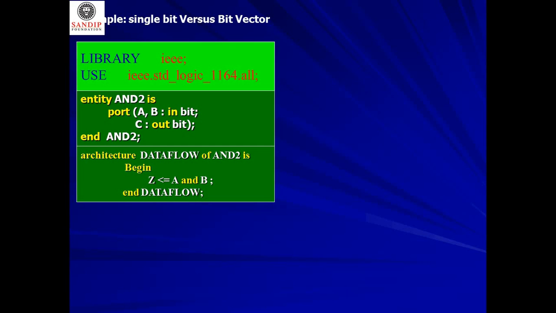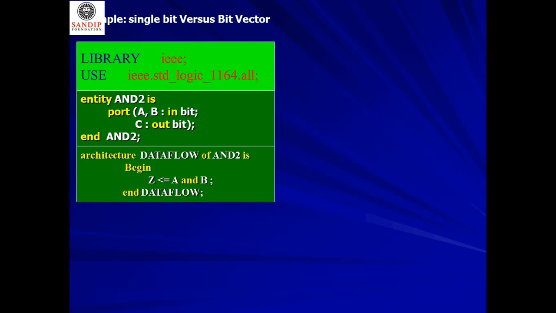Now let's compare single bit versus bit vector. Here, if we write the VHDL code for a 2-input AND gate having single bit inputs, meaning inputs A and B are single bit, then: library IEEE; use IEEE.std_logic_1164.all; entity and2 is port (A, B: in bit; C: out bit); end of the entity.